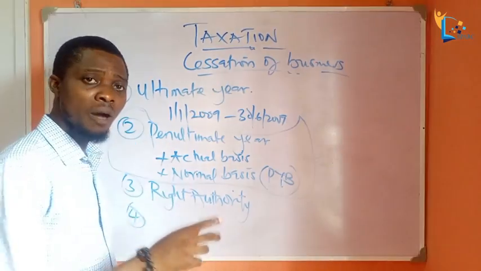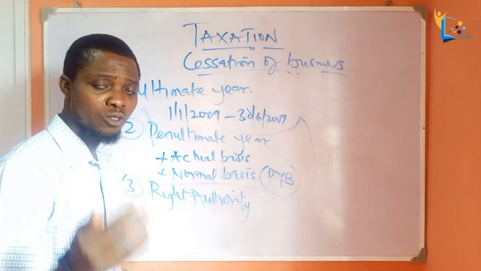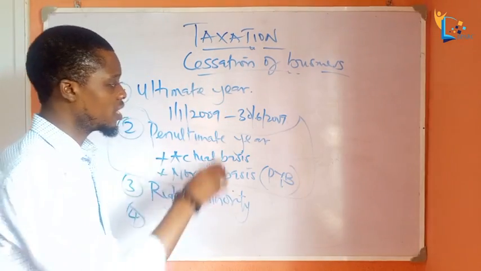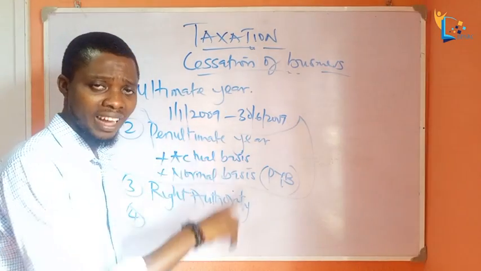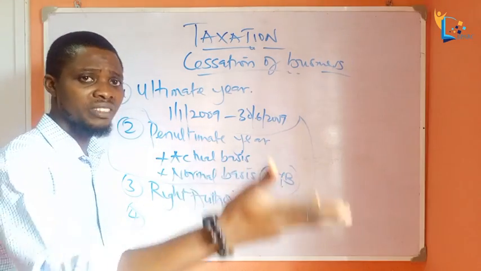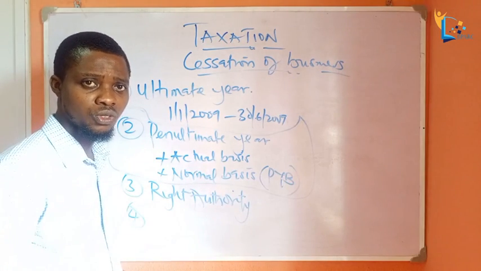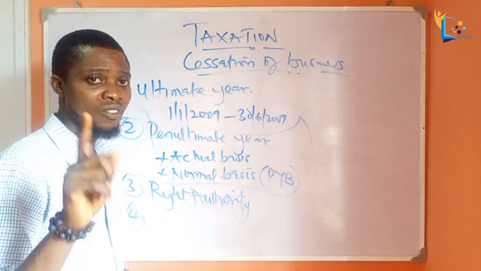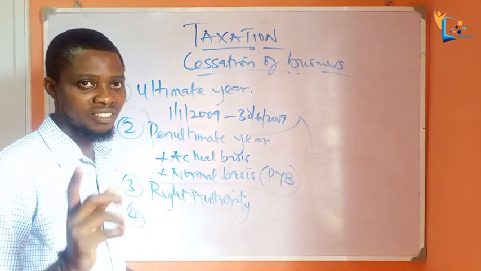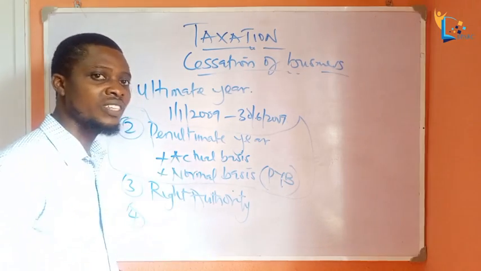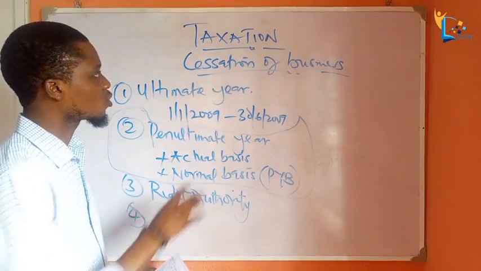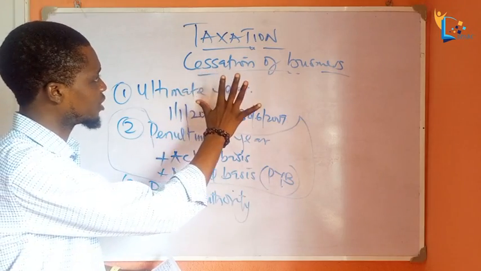That is to say, it will help the taxpayer to know whether to continue or to stop business. If the taxpayer sees that if he stops business in 2011, it's going to make him pay higher tax, he can decide to continue business, maybe to add some months extra or some years extra, so that his tax will reduce. But remember, the right of election is not vested on the taxpayer but the tax authority. However, he has a decision to choose whether to close business at that period or to continue business. So this is the explanation of cessation of business.